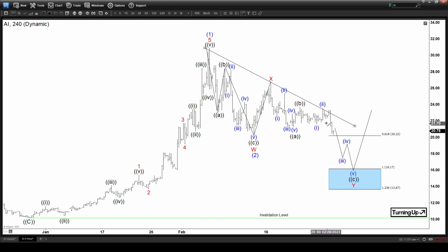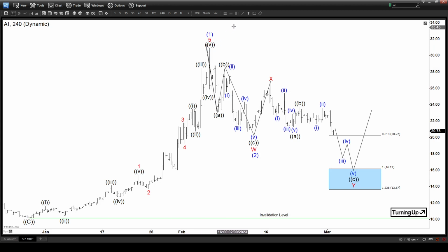Of course, breaking to the downside doesn't mean we should be going all the way toward this blue box around 16-13. Of course, the structure can always change in the short term. The structure can also truncate around the 618 area. Sometimes this type of truncation happens, but we are not calling for any truncation. I'm just pointing out that the moment it managed to make a new marginal low, the market is currently showing 5 swings to the downside. It's an incomplete bear sequence from this peak, and it's suggesting that we should still see a further move lower